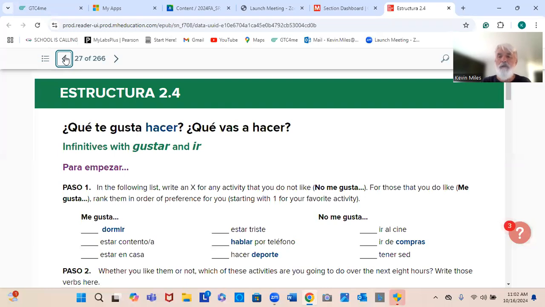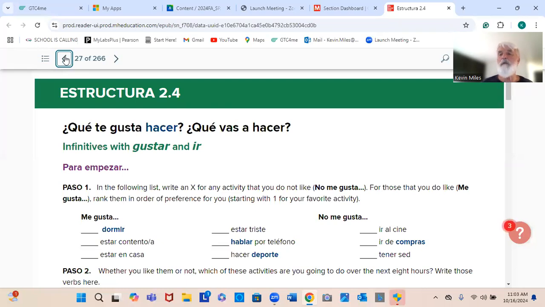Be able to give your age. Yo tengo 30 años. I'm 30. Mi amiga tiene 50 años. My friend is 50 years old. Okay. And be able to describe a friend. Again, mi amiga es inteligente. Mi amiga es muy simpática or simpático. Adjust your adjectives according to the gender of the person or thing you're talking about.